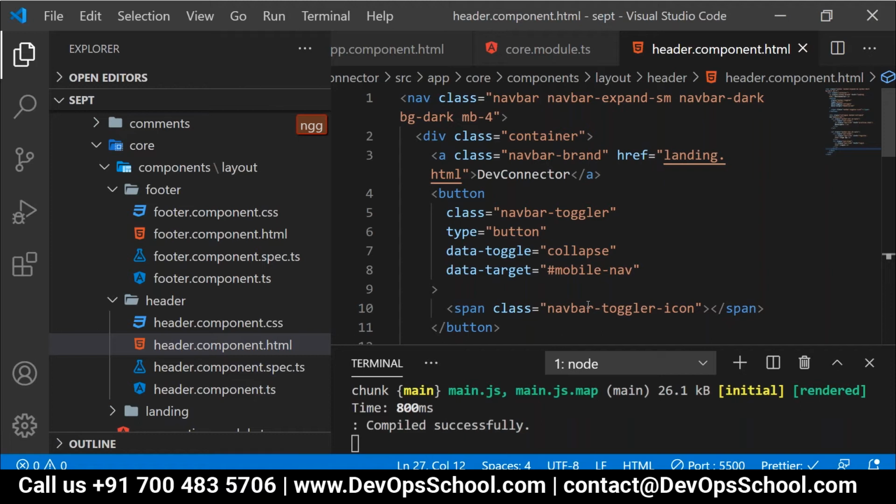Balaji, kindly repeat what would be the next step after the core module TS and app module TS. Balaji, you have to run the application, that's it. And after that, we're replacing those single liner messages with actual content. Clear? Okay, next.